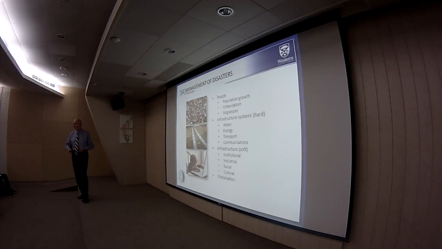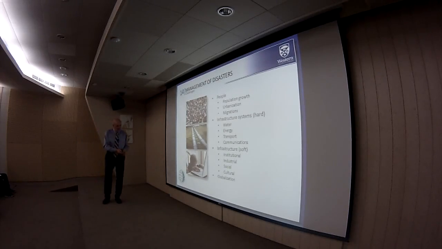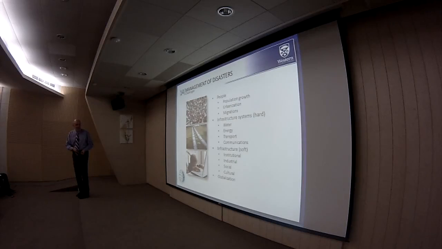On the infrastructure side, we are changing the hard infrastructure, because we need water, energy, transport, communications. We build roads, pipes, bridges, and our life depends on the existence of this physical infrastructure, which then becomes affected by the hazards that may exist in the region, and that's how easily disasters can be created. The soft infrastructure also plays a very important role, because it defines how we respond to these challenges. How are the institutions organized? We have industrial, social, cultural aspects, and they all play a role at different points before, during, or after the disasters.